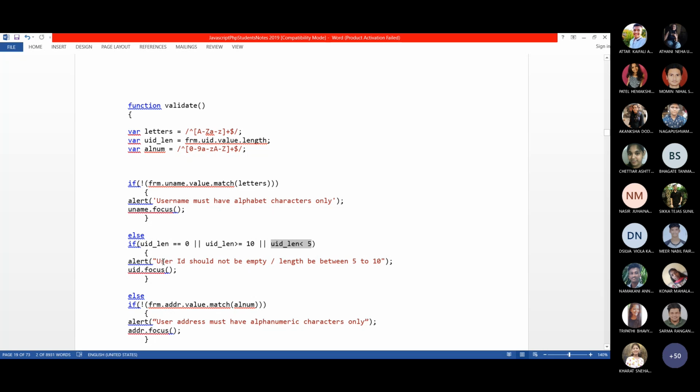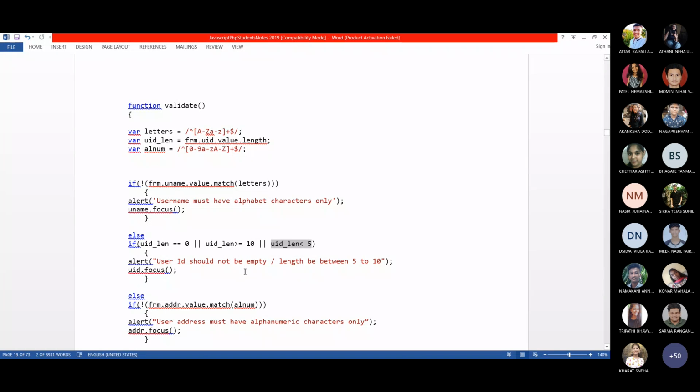Such a message I am displaying, because if the user enters invalid data, they should know what wrong they made. So for that, the relevant message you have to display. After you display the relevant message, it's an alert box. Of course, the user should click only the OK button.